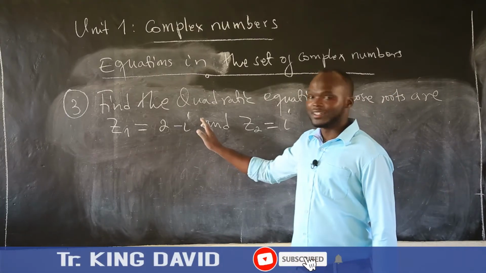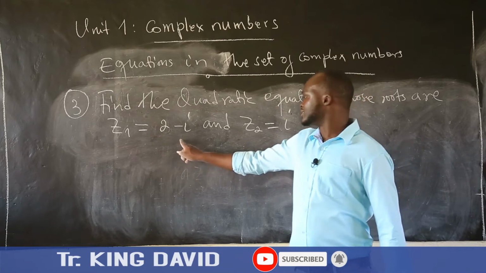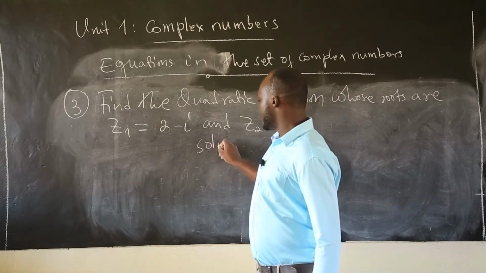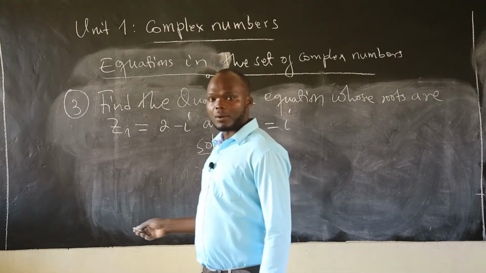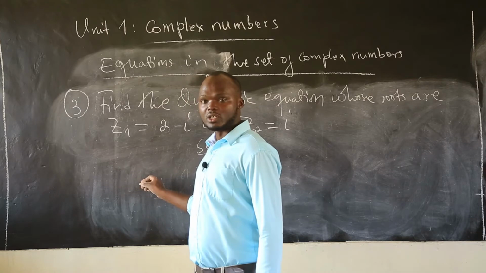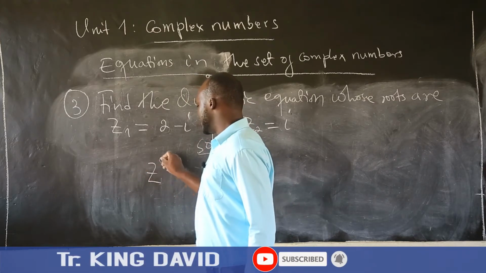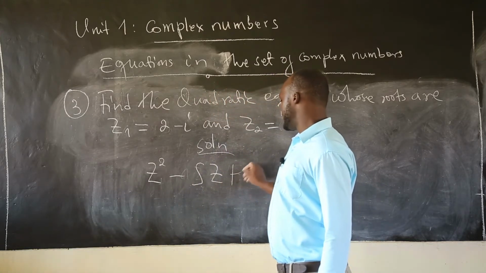Number 3, find the quadratic equation whose roots are z1 and z2. So this one is very easy. We are given the roots. So what we do, we know from the quadratic equation in the form of sum and product, we have z squared minus sz plus p equal to 0,